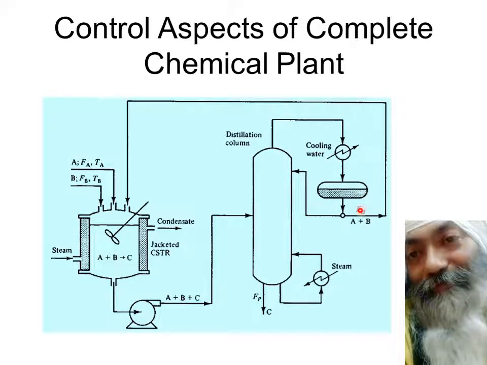and this reflux should increase or decrease depending upon whatsoever is the concentration of C in A plus B, and whatsoever is the concentration of this C coming out from here. And then part of it goes back, and if this flow rate FD increases over here, this is also going to determine the level. And to maintain the level, again FA and FB also need to change. So FA and FB depend not only on the outflow over here, but also on this entire distillate coming back from the distillation column. So you see there's a great amount of coupling.